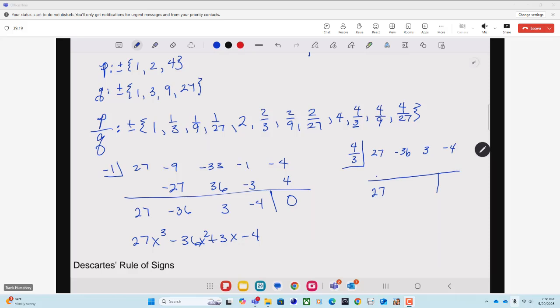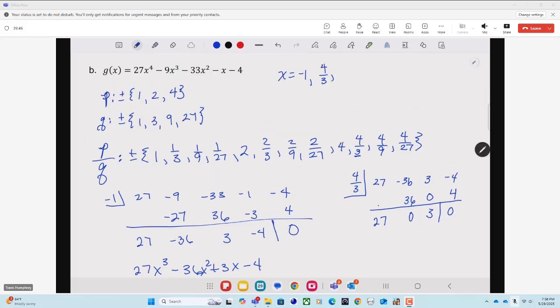The 3 and the 27 are going to cancel and make 9, and 4 times 9 is 36. And that's going to make a 0. So there's a 0. And bring down a 3, and then 4/3 times 3, the 3's are going to cancel. I get 4, and there's a 0. So 4/3 is my next